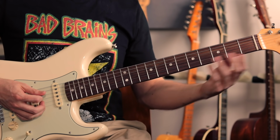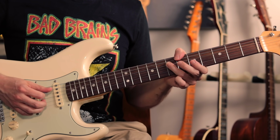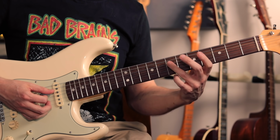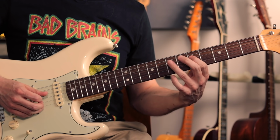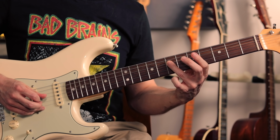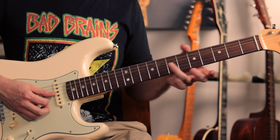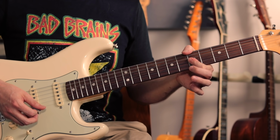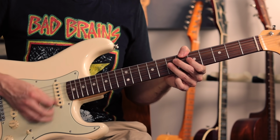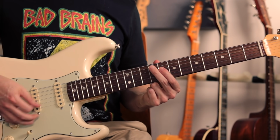Then we have this little single note thing. So this is just frets 5 and 7 on the D string, and then 5 on the G. And then we've got some double or triple stops. So I'm playing largely double stops at the 7th fret and then at the 5th fret. And if we put all of that together, we've got